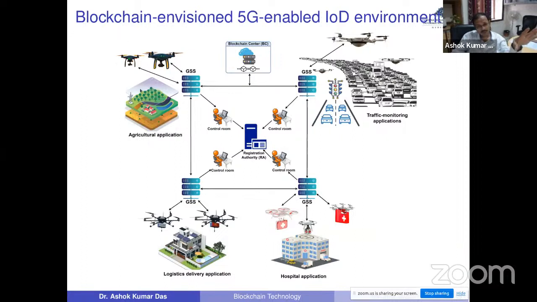Each zone will have some dedicated drones deployed. Drones can monitor that field. A drone can also be used to give water in the field, or spray pesticides for better crops. It can also monitor the conditions of the soil, temperature, and weather, and send them to the remote GSS.